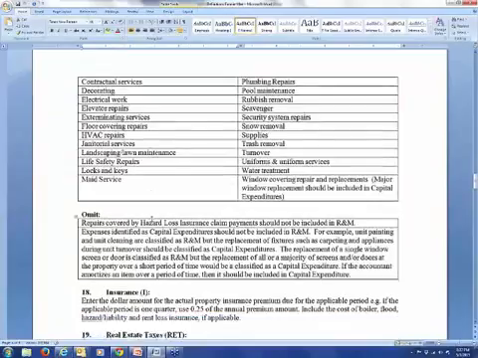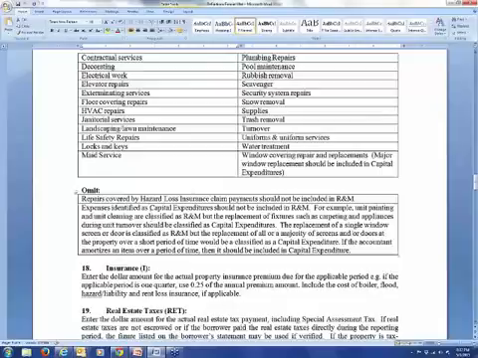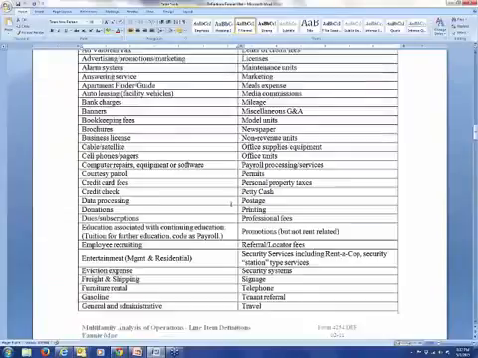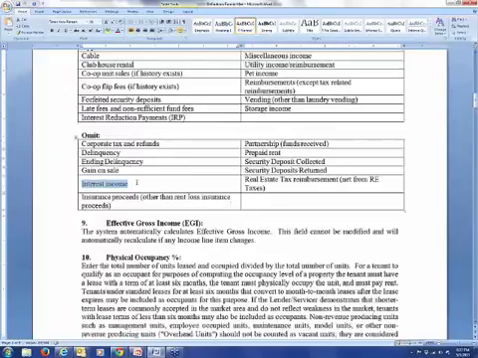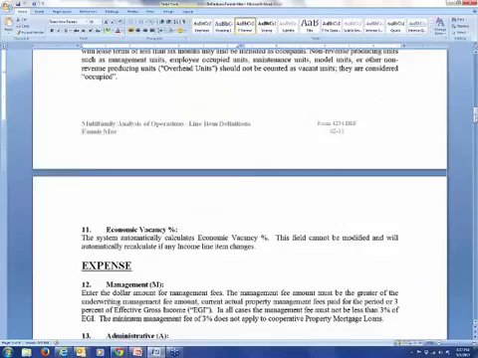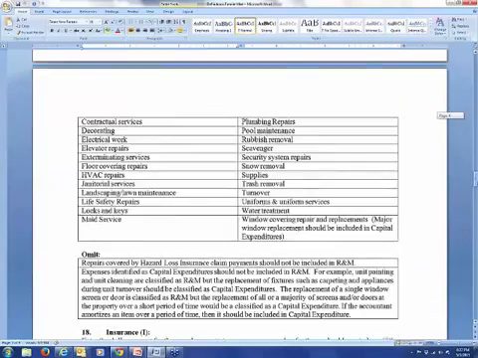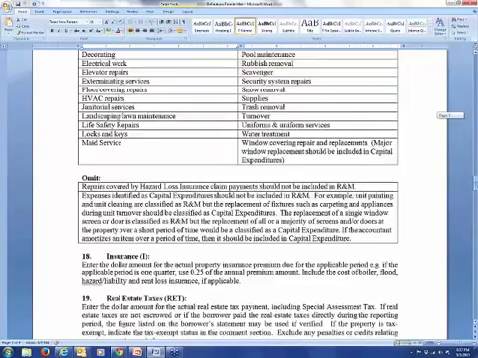All right, now check out this. Repairs covered by hazard loss insurance claims. So remember, if we look back up here under the insurance, under income, you're going to leave out the insurance proceeds. That should not be considered income. All right, why? Because you got to use that money to fix something. So typically it's a money in, money out scenario. So you're not going to use the insurance proceeds as income, and you're not going to use what you lost money on as an expense. Okay, so